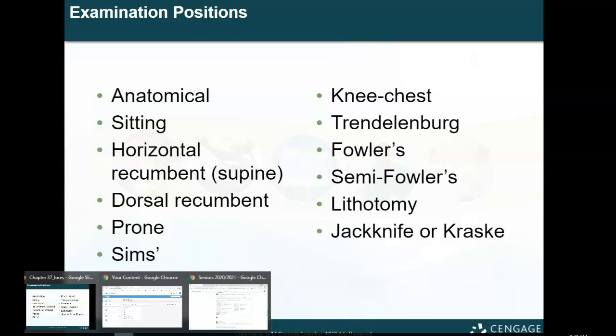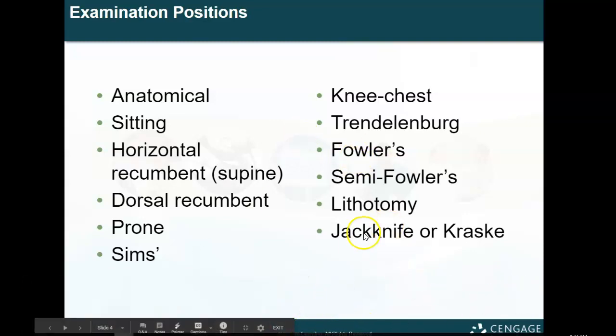We use Trendelenburg for tilt table testing. Tilt table testing is done on people that have cardiomyopathy or cardioversions, people that have POTS disease. Do you know what POTS disease is? My daughter actually has POTS, Abby. So this table test is done to see if they're able to tolerate their head position, and they use it for a lot of different stuff. So modified Trendelenburg is with the knees bent. Trendelenburg is with the legs straight. Okay, make sense? All right, so